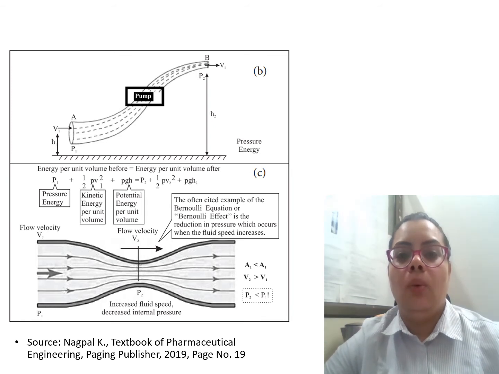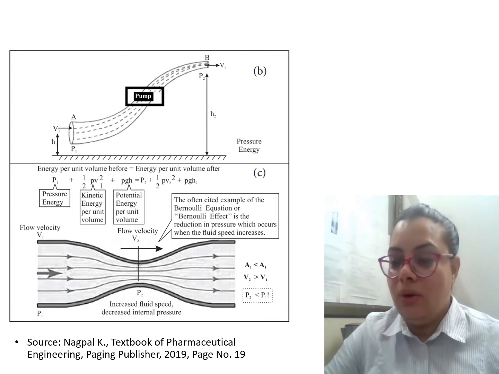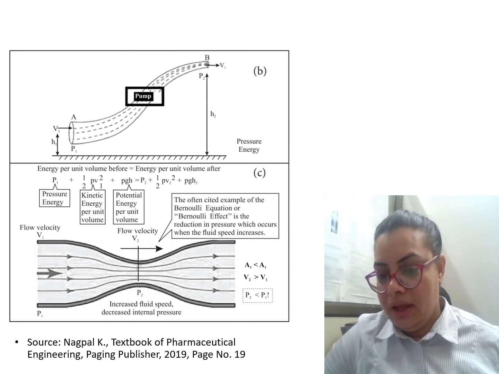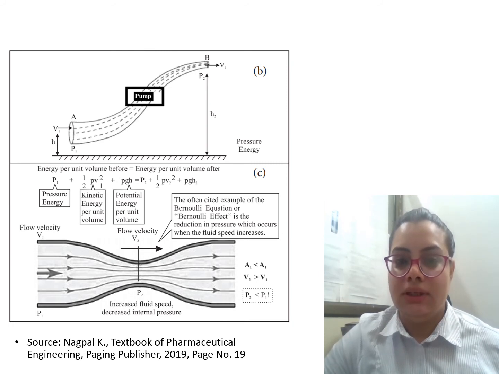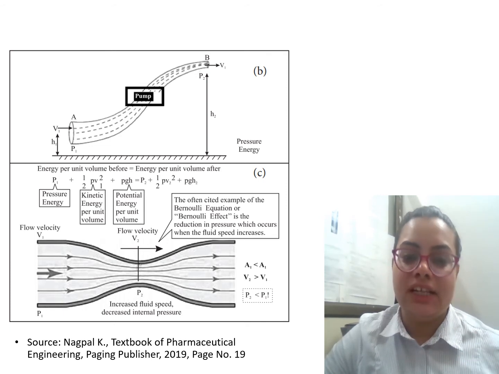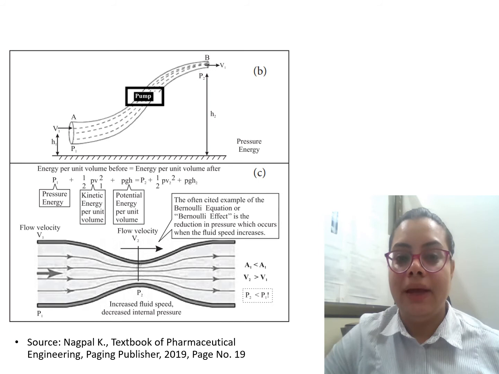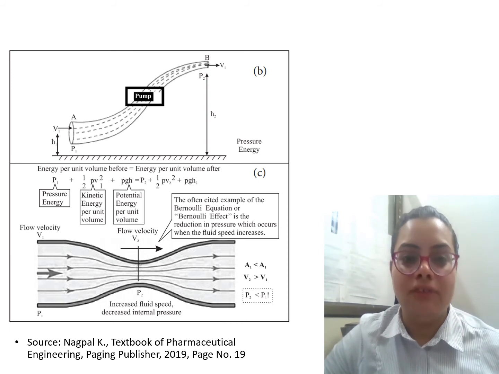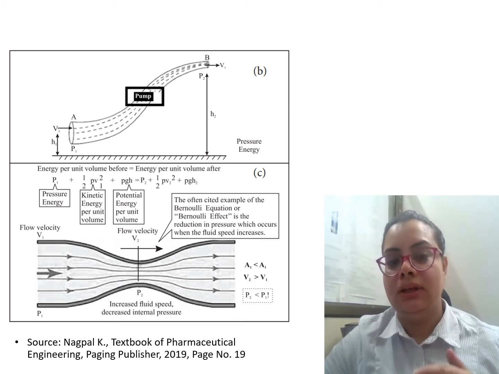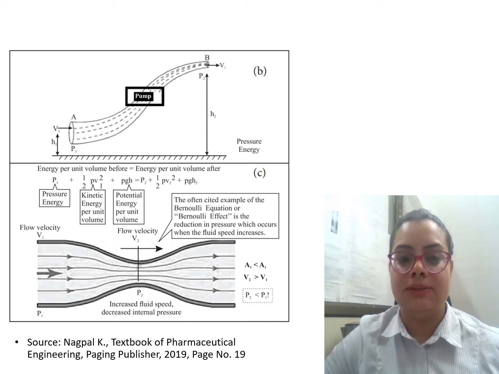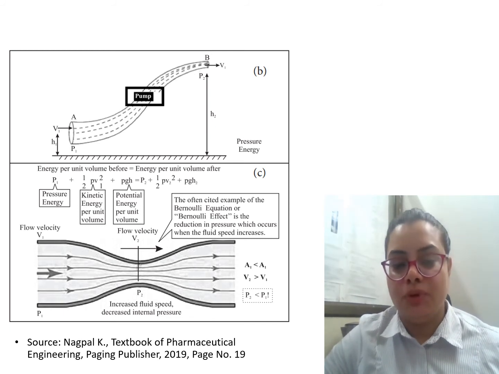So what is the meaning of displaying all these here? It is being put forward by Bernoulli speaking about the total energy. The reason being, it has to be emphasized by the scientist that the energy is actually getting conserved. If one of the energies is going down, then to keep the total energy in equilibrium, the second energy will shoot up. So just to maintain that equilibrium state and the balance, Bernoulli's theorem was put forward.